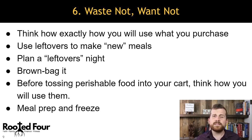Meal prep and freeze. This is something that I love doing. I'm single, so a lot of times I'm cooking for one. And when I'm cooking for one, you can take that big pot. Some people are like, oh, it's so hard to cook for one. Well, it kind of is, but you just got to plan accordingly, by using chicken in a couple different meals,